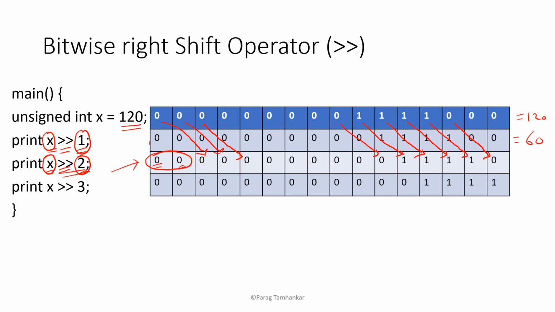When you do that, you get a new binary number. If you convert that binary number into decimal, you will find you have 30. This is the decimal equivalent of the generated binary number, that is 30. Likewise,